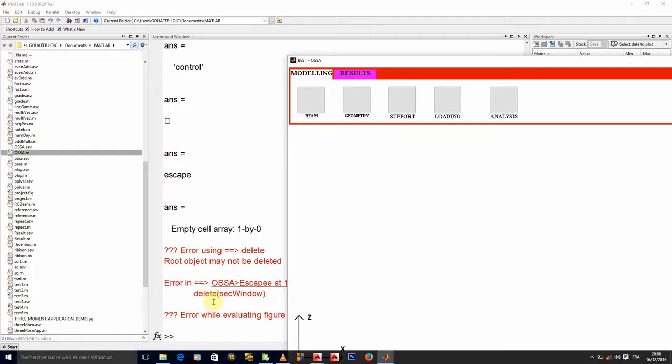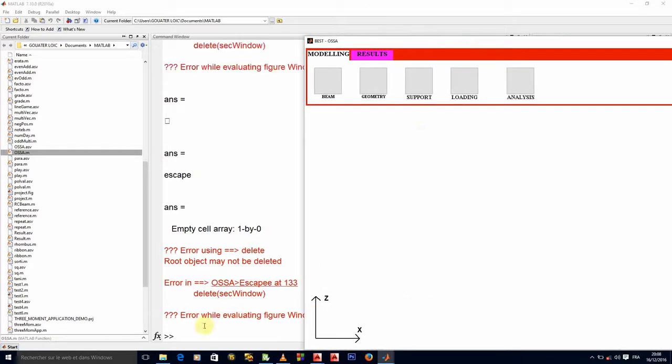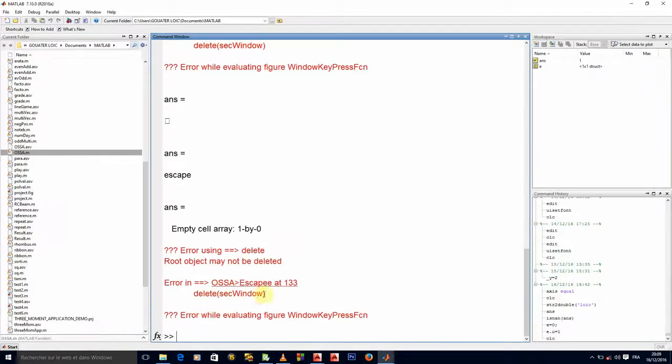If I press Escape, what happened? There was an error this other way because there is no handle in the secondary window, but there's no problem. So when I press escape, it is just the key which is escape. There is no character escape. So that was even the initial mistake that we were making. It is the key that is escape. So here we have an error because you remember we created secondary window as being equal to 0. So if I'm not clicked on BIM, there is no handle that is attributed to this secondary window here.